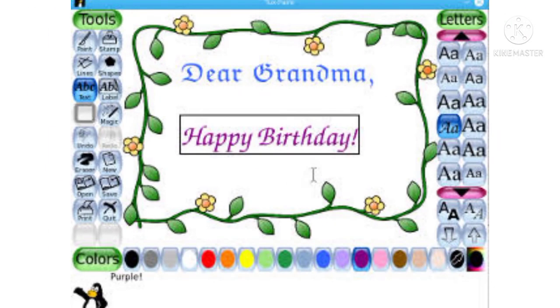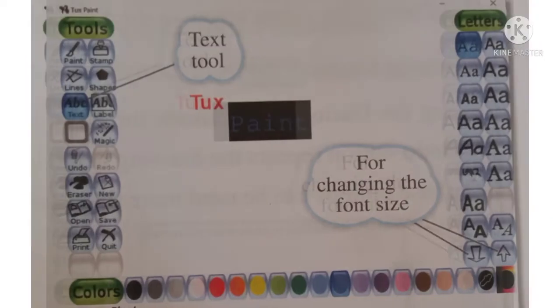Text. This tool is used to insert text and numbers in the picture. Follow these steps to draw using the text tool. Number 1. Click on the text tool in the toolbar pane. The mouse pointer will change in the drawing canvas. Number 2. Select a color from the colors palette. Number 3. Select a text style from the selector pane. The up and down arrows in the selector pane can be used to increase or decrease the font size.